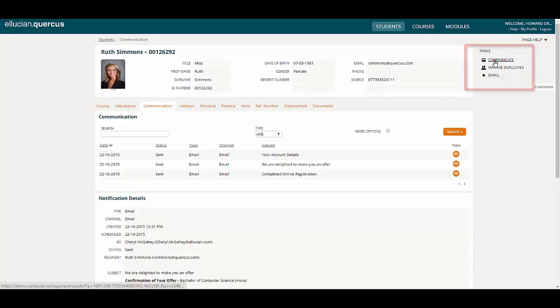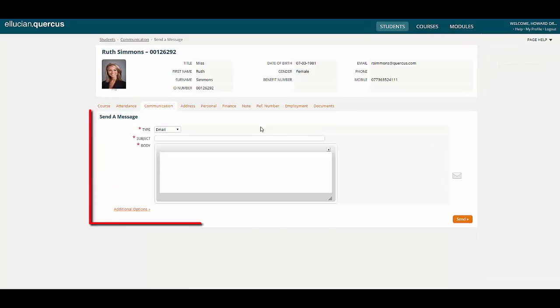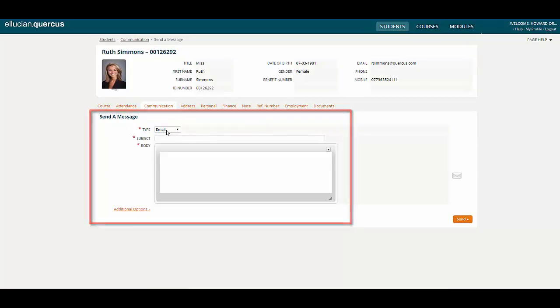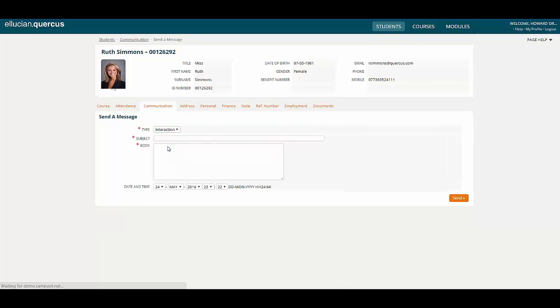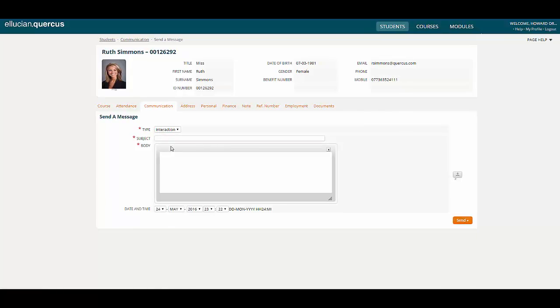At any time, staff can easily communicate with a student using the Communicate option from the task list. From here, we could send the student an email, an SMS to their mobile device, or simply record an interaction. Perhaps a corridor conversation has taken place with the student and it's something that we feel we need to record